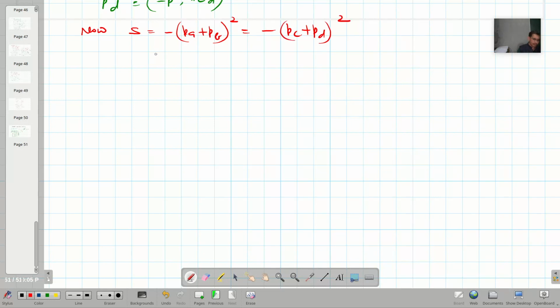So let us put their values and elaborate this part. It will be P comma iota EA plus minus P comma iota EB, whole square,